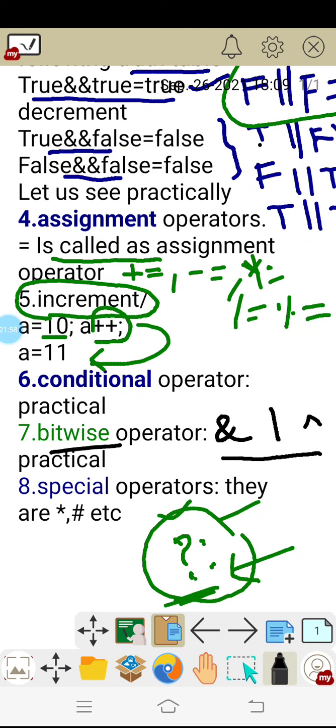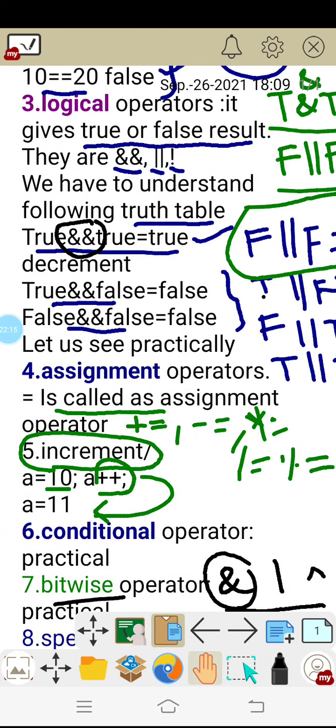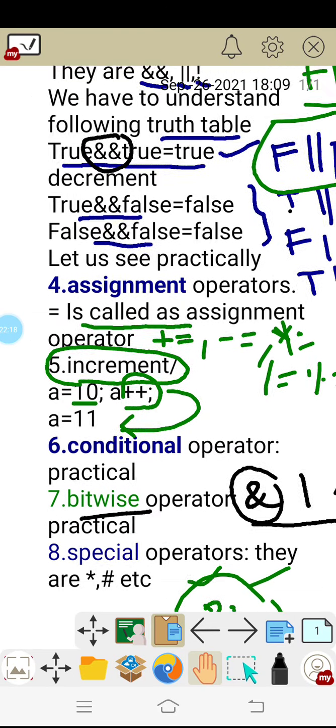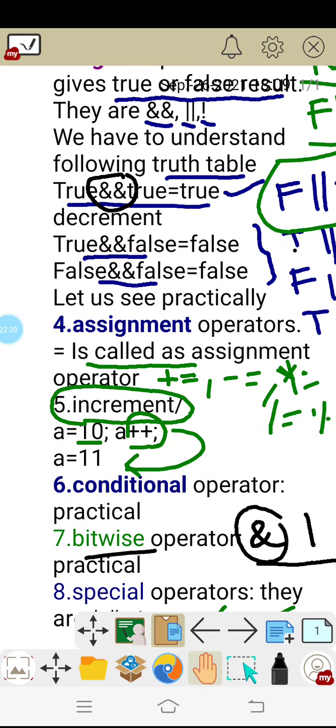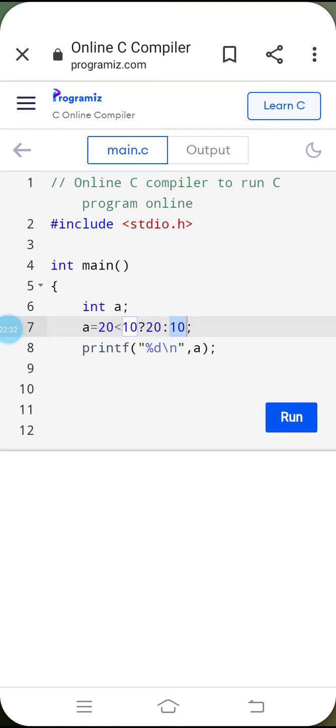Here I am just explaining it practically. The bitwise operator will look the same as the logical operators, but there we have two AND symbols. Here we have only a single AND symbol. That is the difference. Directly we can go for the practical and execute them.